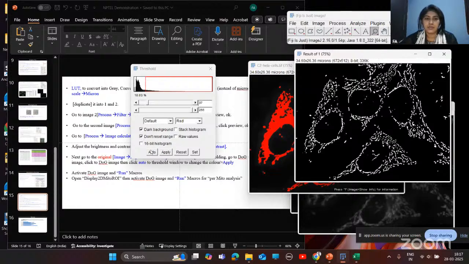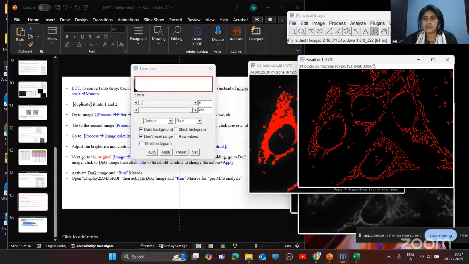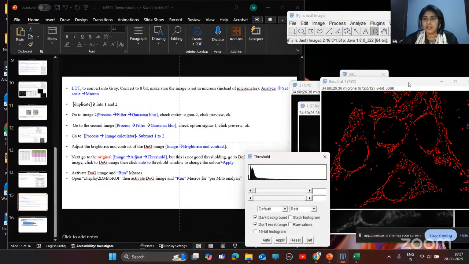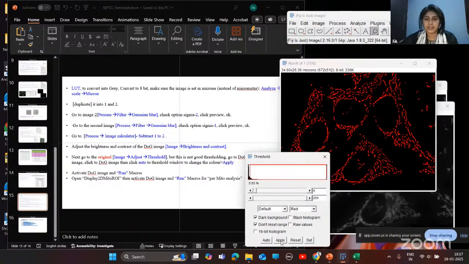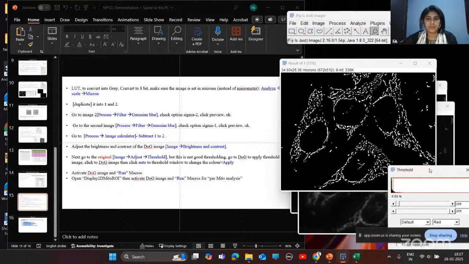We need to transfer this thresholding to this image, and then from this image, we'll do this quantitative analysis. Okay, I'll apply this here.